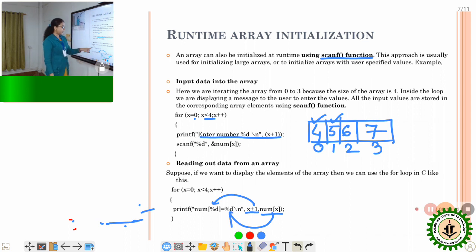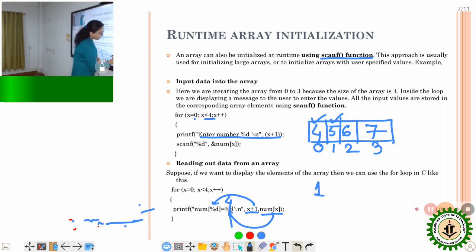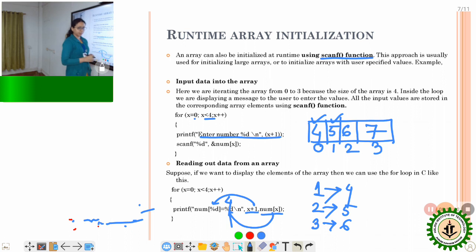Okay, num[x] means the 0th position value, that is 4, is put here, and num[%d] means x plus 1, so when we see this output on the screen, the values are written like: at 1st position, that is 4, 2nd position, that is 5, 3rd position, that is 6, like this. Okay,